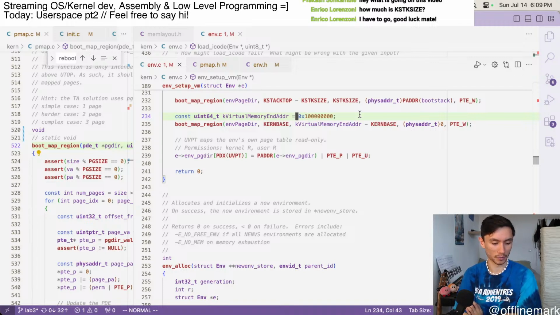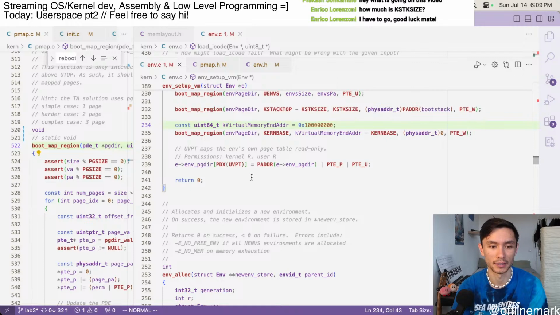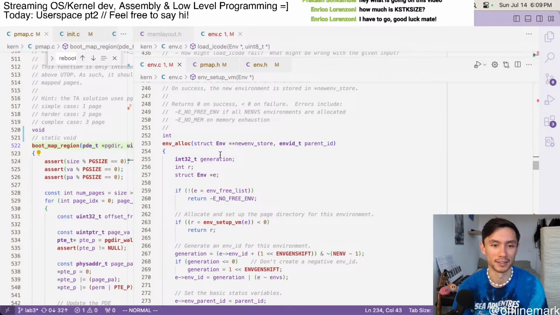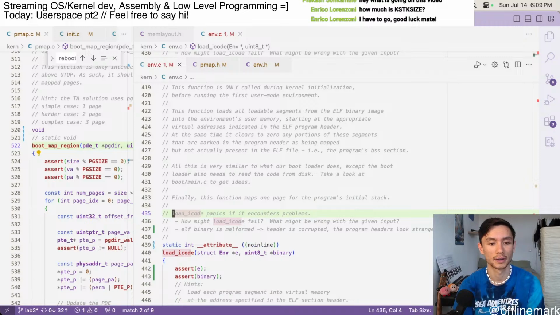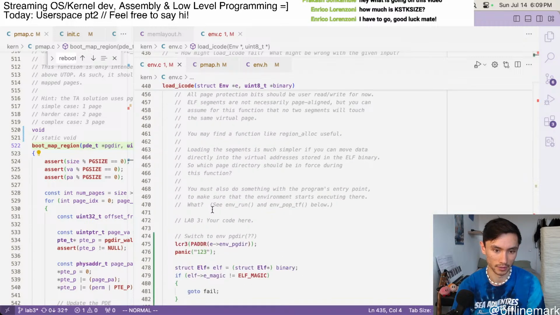At least though, it might be kind of nice to just write a utility function. Let me try this. Load icode. So I want to write a utility function,